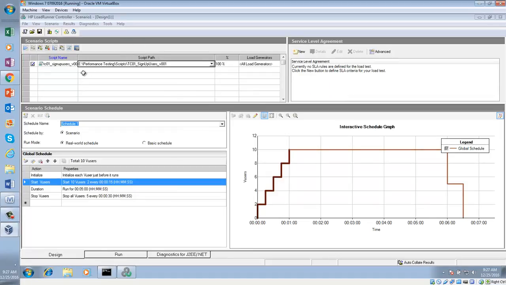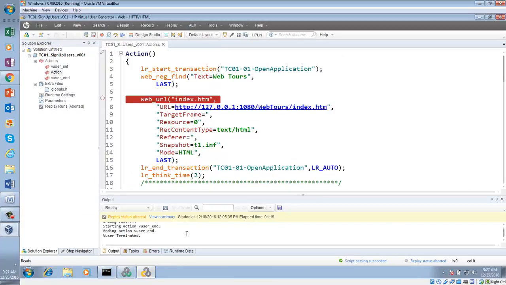You already have a script selected, right? You just want to open this script to see what is inside it. Yeah, view script. Now, as it is being opened, let me wait for it. Okay, now that is the script that we are going to execute, right?